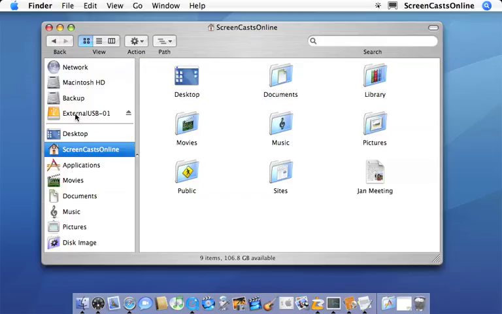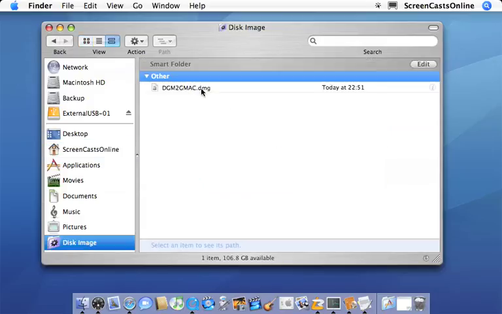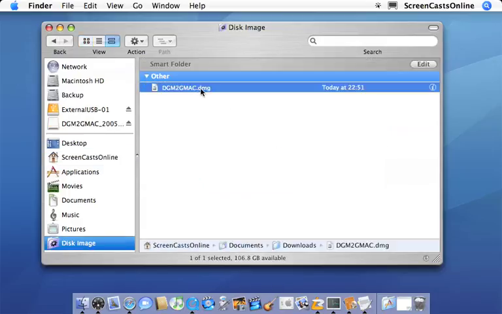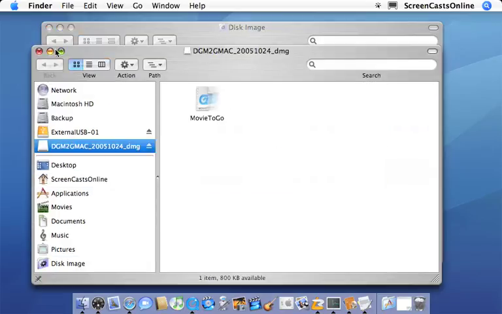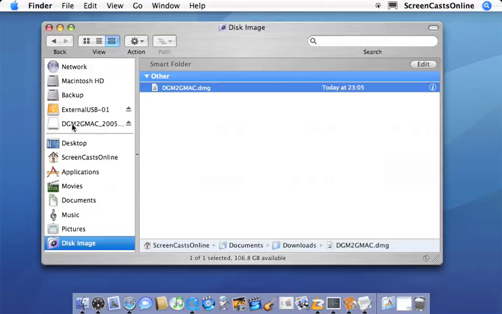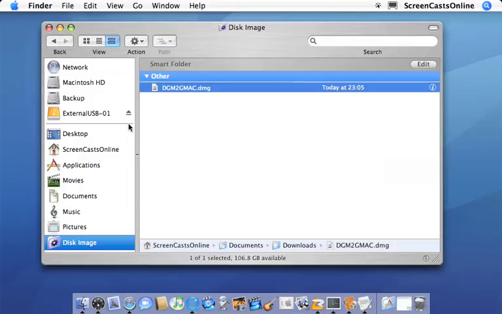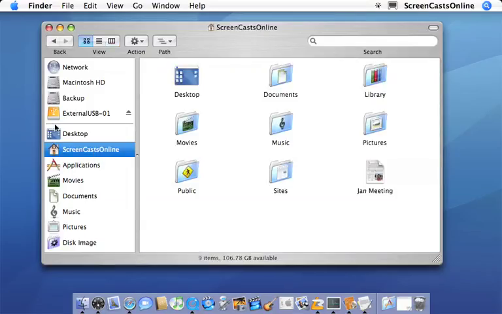Also, if you mount any additional drives, or if you insert a CD, those devices will appear in this window as well. So for instance, if I go to that disk image smart folder we did before and mount this disk image, you'll see it appears in this top pane. Just get that view out of the way. It appears in this top pane as an externally mounted device, so we can eject that back to normal. Okay, let's close down that smart folder. Yeah, this pane down here,